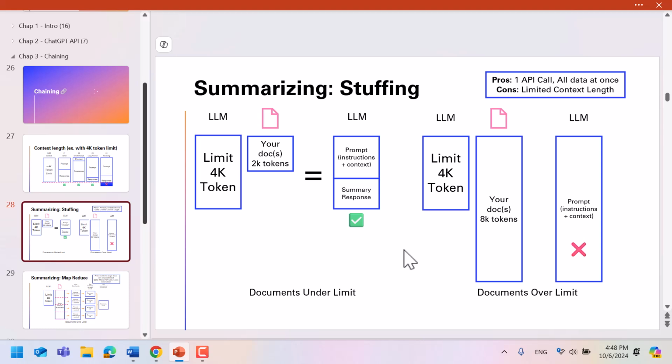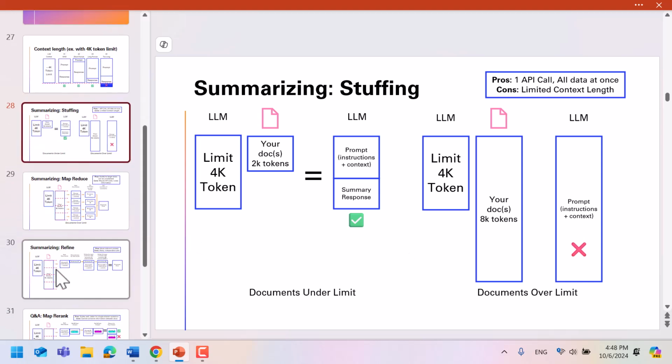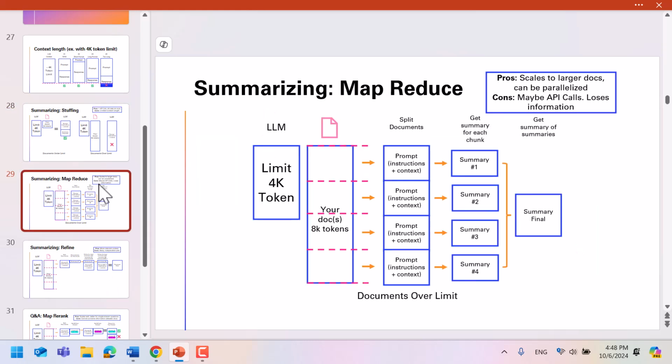But then you have different approaches in order to do that. You can use the refine method, which I'll mention in a moment, which is the one that I've implemented in the app, or you could do MapReduce. MapReduce is essentially breaking down your document, like for instance an hour-long conversation, into 4 different chunks and summarizing each of the sections. And then once you have several summaries, you summarize the summaries. So this could work.